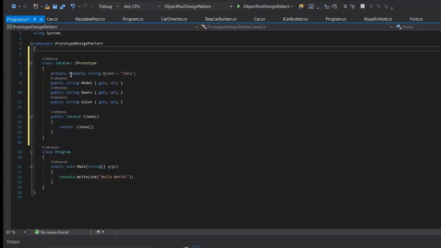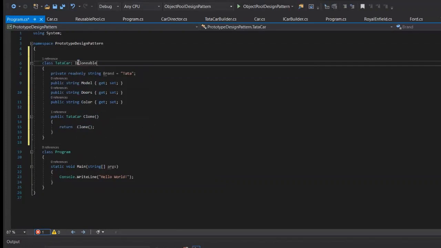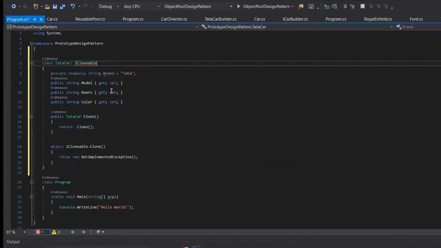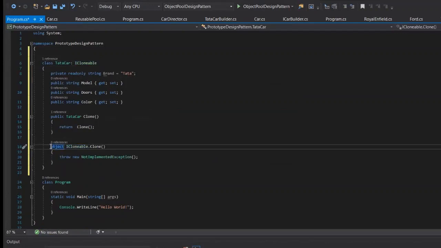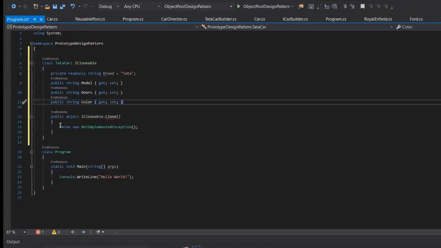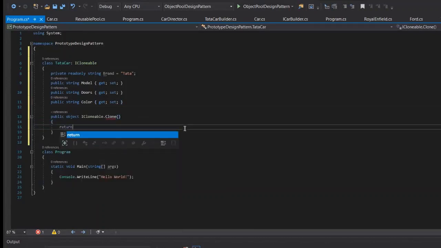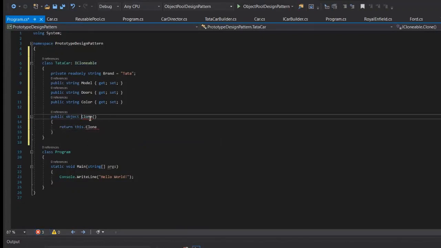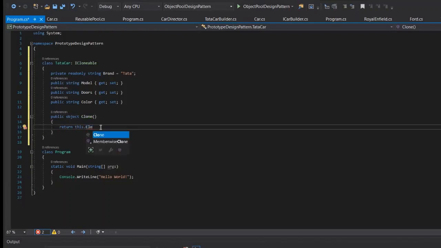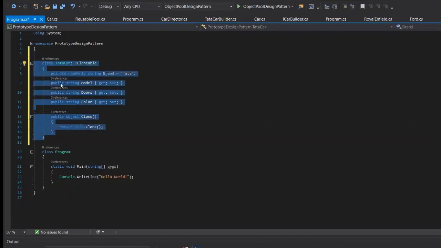It is already coming under the ICloneable interface. The ICloneable interface is already there in C#, and we just need to return the object, public object. We can return this.Clone. So a very simple scenario. Public object. Here this.Clone, and this will return a new instance of our Tata car.